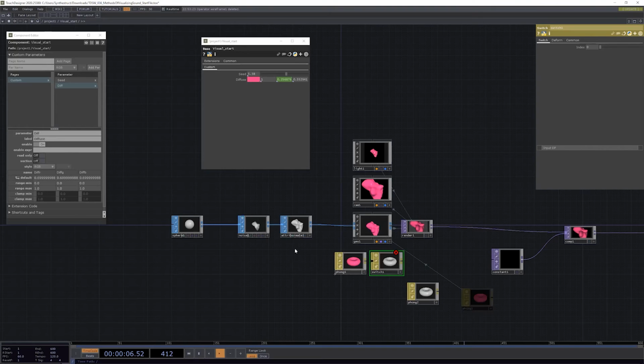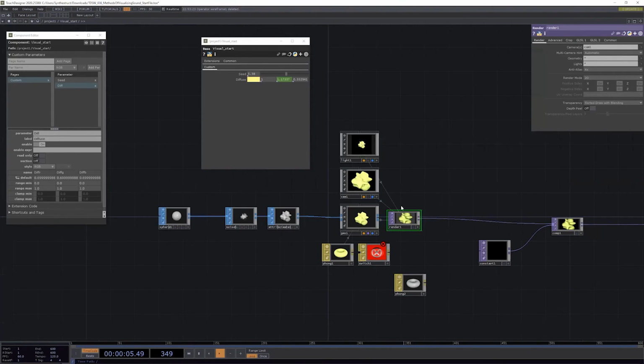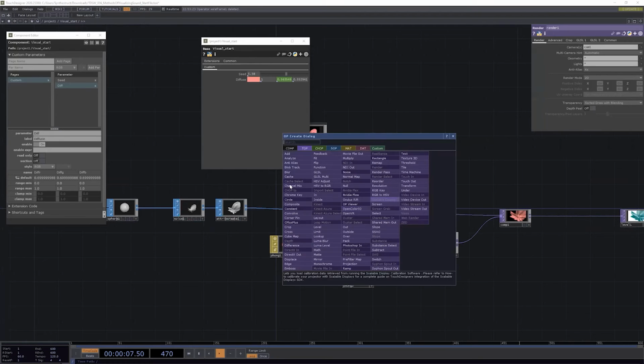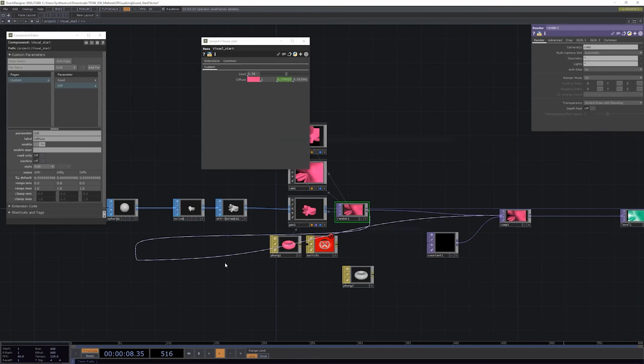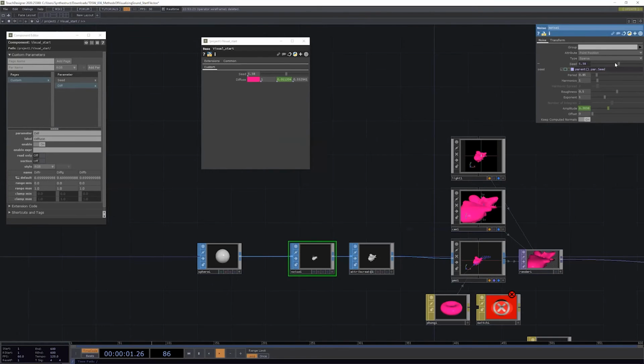So these are the channels. At this point, you won't necessarily be using the channels, but if you break out here, you can explore different operators within the purple family, which is your texture operators. That's going to be different ways of adjusting the image. Especially with noise, because in this case, noise is driving a lot of what we're working with. You can play with a lot of those parameters, break them out here,